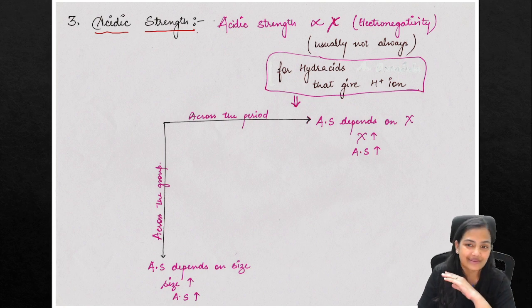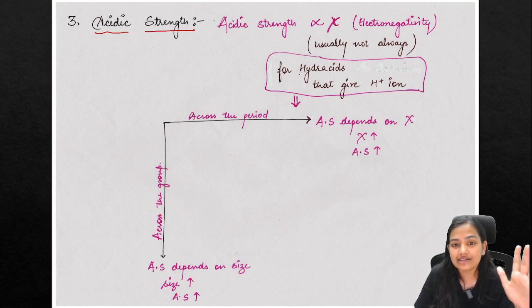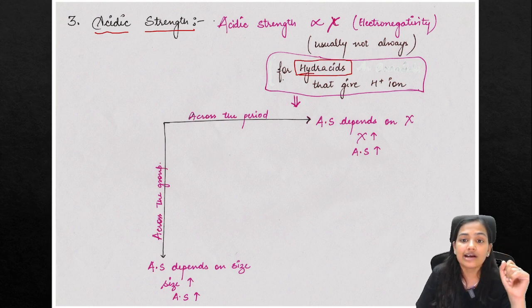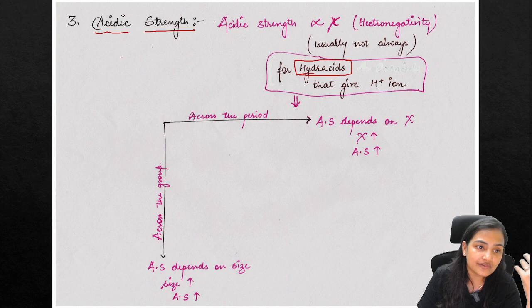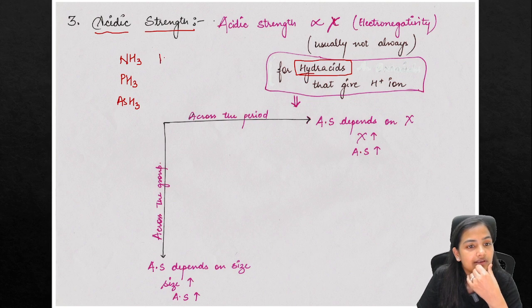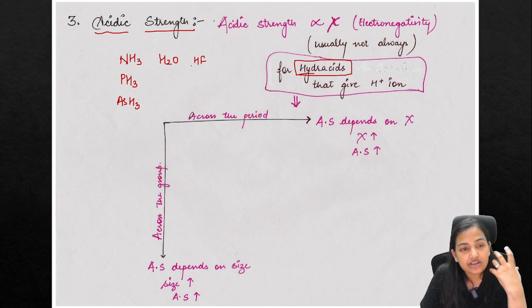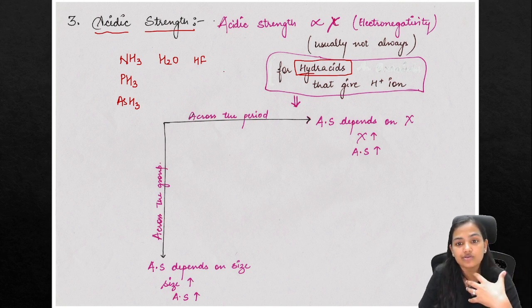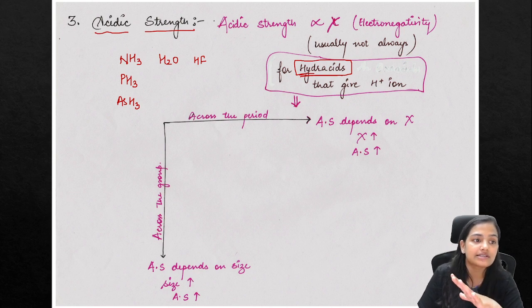So this is an amazing topic. Guys, I will be talking about the acidic strength of the hydracids. What are hydracids? Any species that forms a bond with hydrogen, whether it is NH3, PH3, H2O, or HF, is a hydracid. Any element that forms a bond with hydrogen gives a hydracid. So we know one of the definitions of acids: